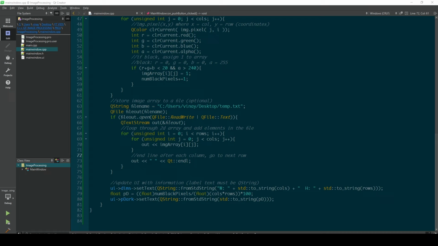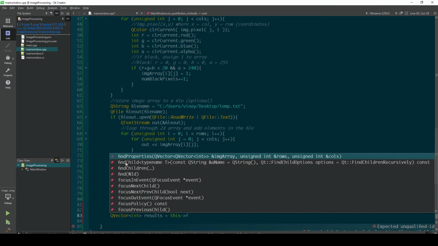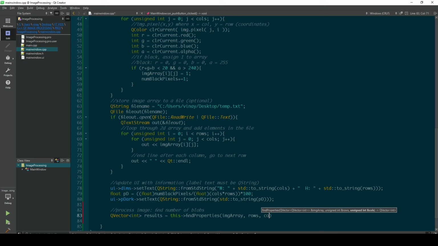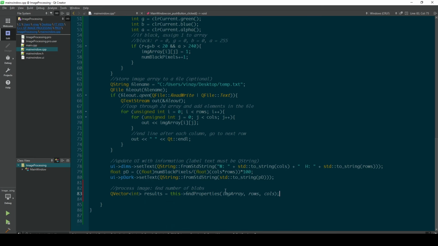So with those methods defined, we can now call it. So let's put a comment there saying process the image, find the number of blobs. So you simply define the same thing. You can return it in a vector called results, and then you write this dot findProperties, and then you just put the same arguments like image array. We add rows, columns. So you see how it's become italic because it's passing it by reference. That is why in Qt it becomes italic. So that's quite nice. It tells you that it's being passed in by reference by italicizing it. So that's one good benefit of the Qt GUI. It tells you exactly how the variables are